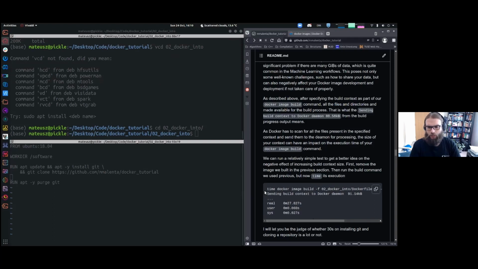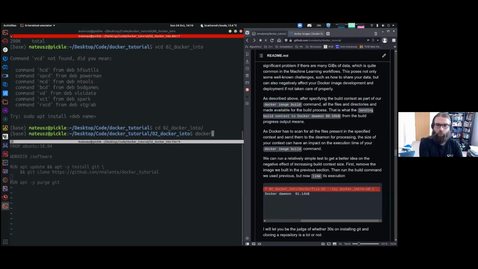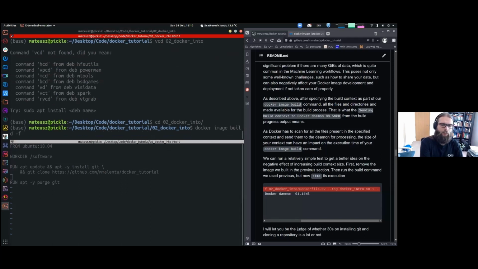And I'm going to run it. Docker image build -f. In this case, I'm in this directory, so I'm just going to use Dockerfile 02, tag Docker intro version 01, and use dot. And in this case, because actually I want to time how long it takes to build